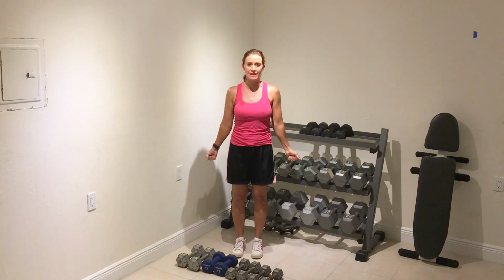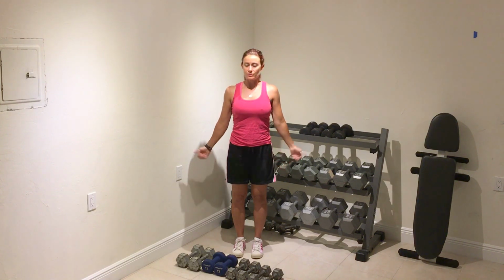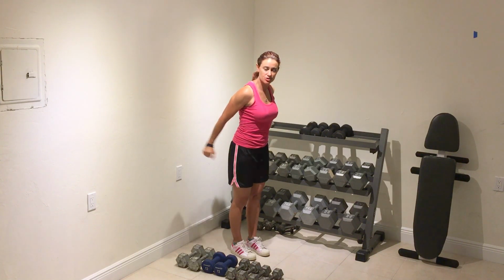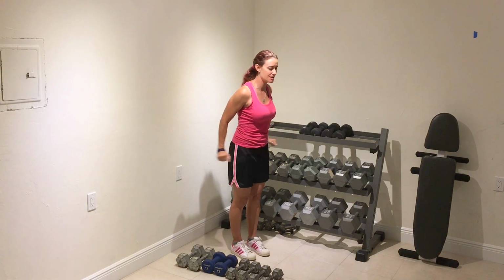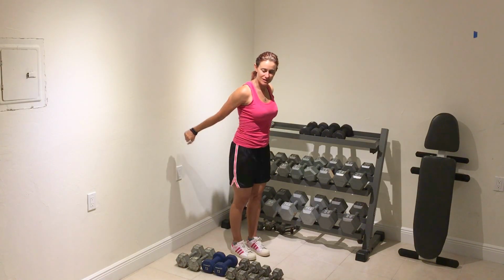Bicep curls, just some of the exercises that we'll be doing. Hammer curls, palms face your thighs. You're pulling right up into a hammer. We'll be doing some sidearm curls, pump curls. We're going to do some tricep kickbacks. Make sure you're really flexing those triceps, holding for a second at the top, getting the blood flow, moving it,